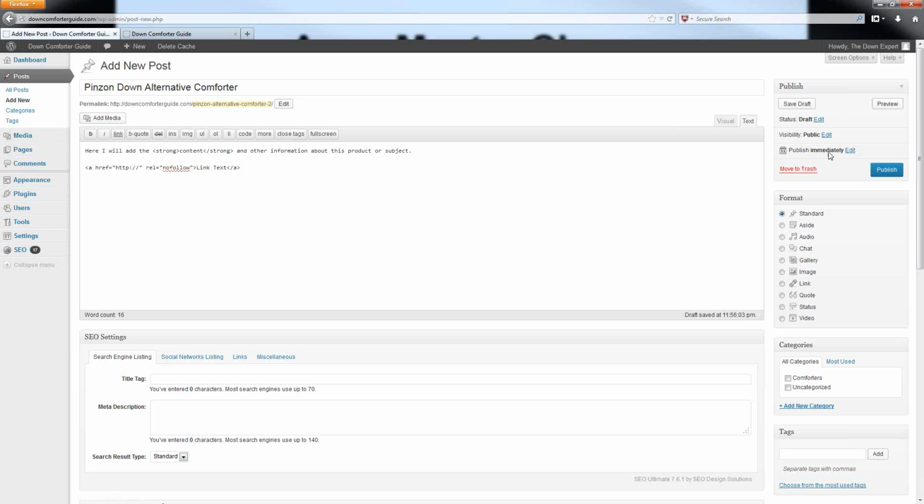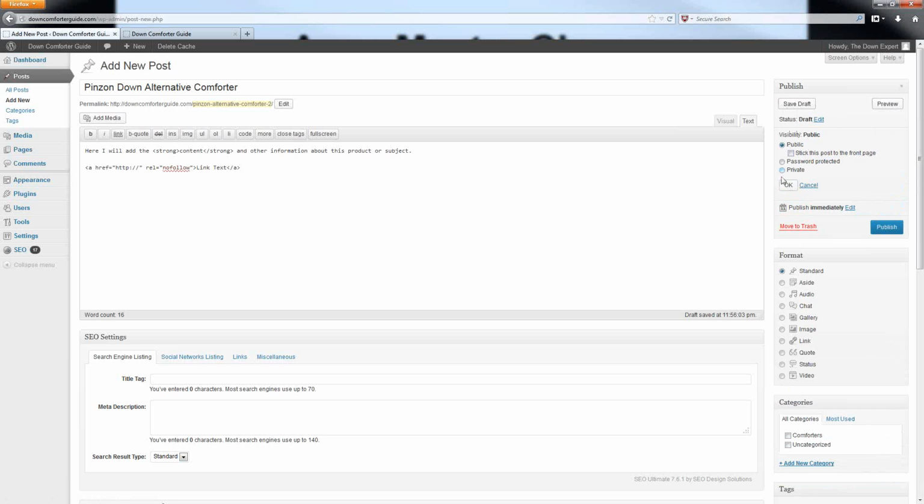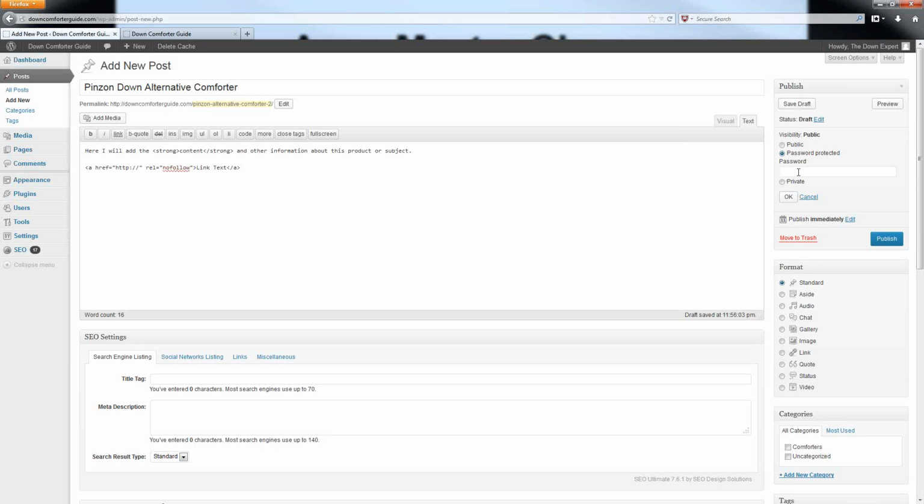Now, there are a few other settings in here where you can set particular content as private, which would only allow the administrator to get into it. You can also password protect your content, where you simply provide a password right here. So if you had a page that you absolutely did not want people to be able to get into unless they had access from you for it,